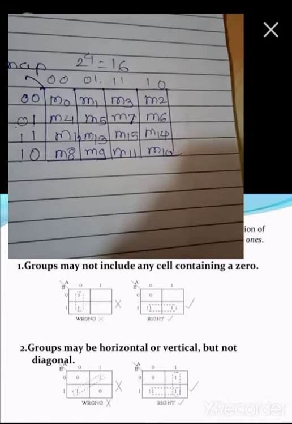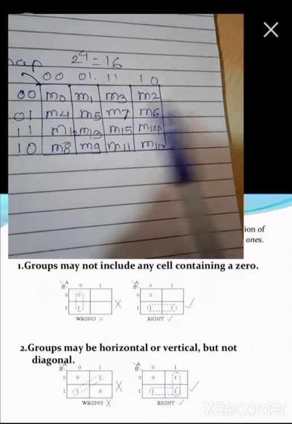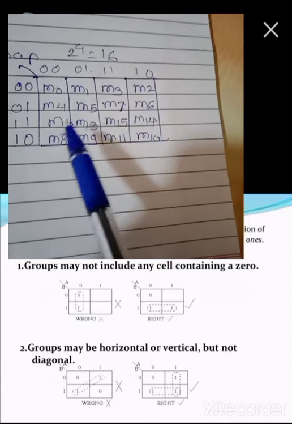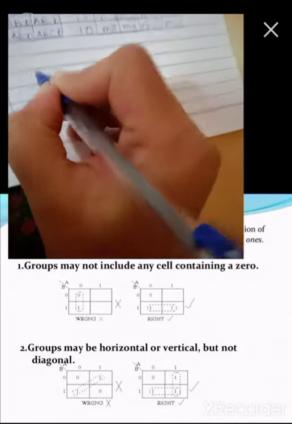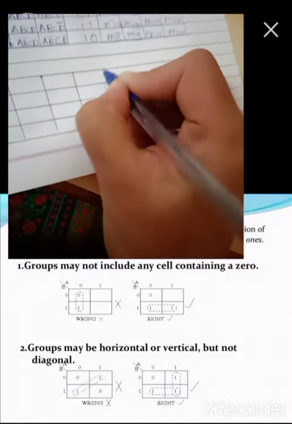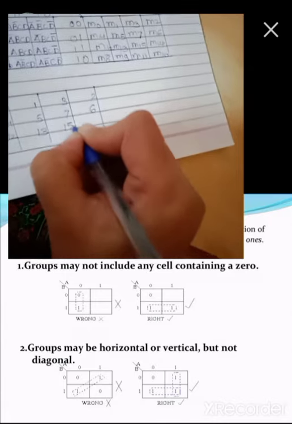Now the block numbers for a 4 variable K-map are fixed like this: 0, 1, 3, 2, 4, 5, 7, 6, 12, 13, 15, 14, 8, 9, 11 and 10. So whenever you draw a 4 variable K-map, the block numbers are fixed. You have to plot this 4 variable K-map with these column numbers only. Don't change the order of these column numbers because we have designed it.